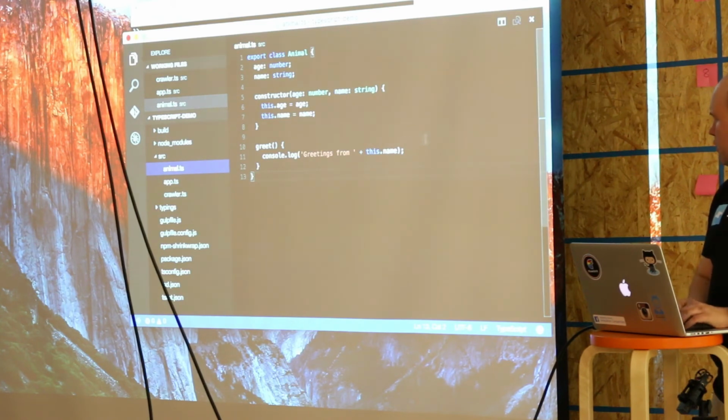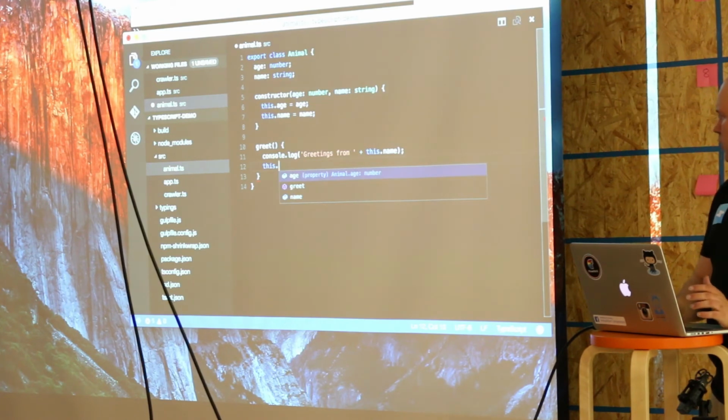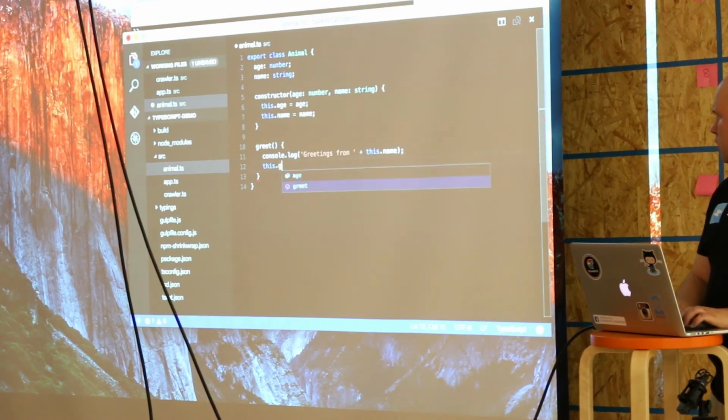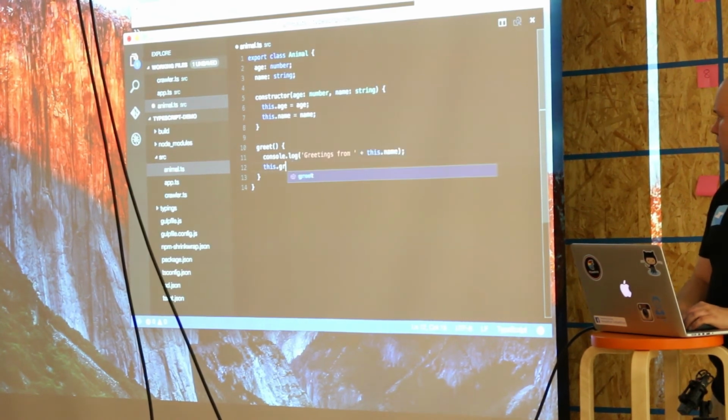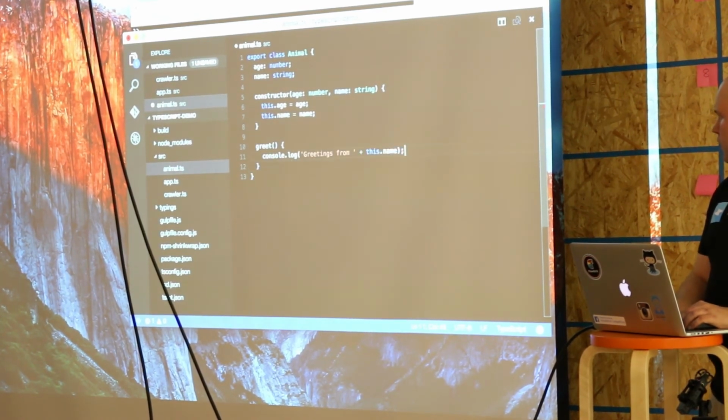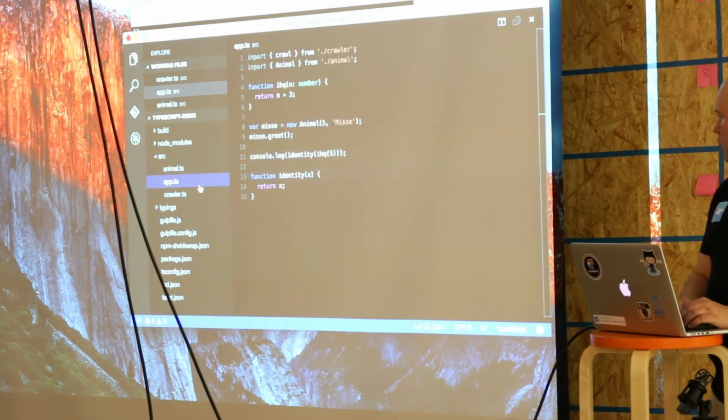And here you can see that when using this, you can obviously get some of the benefits of the environment actually knowing something about your code. So you get autocomplete, and you know about the parameters of the functions you're calling, and so on.